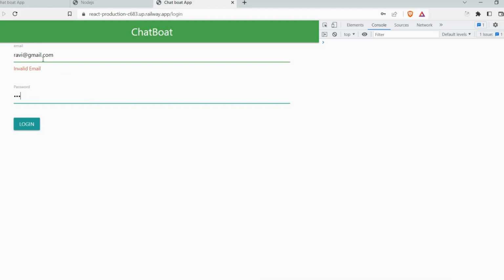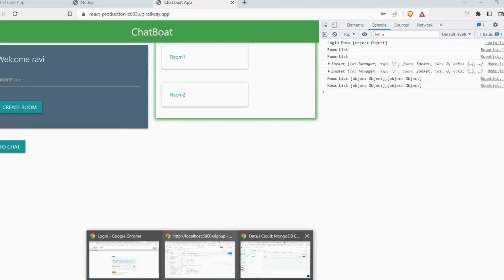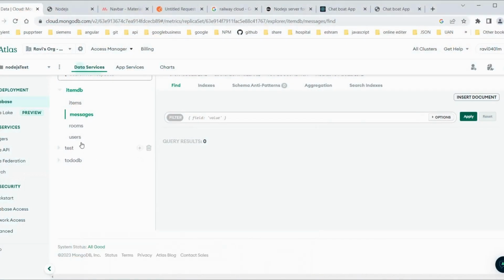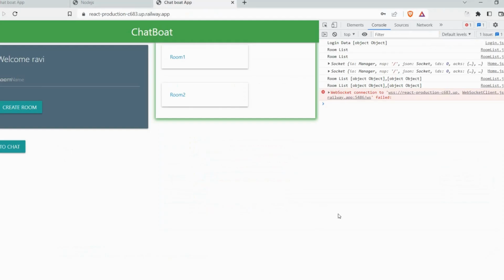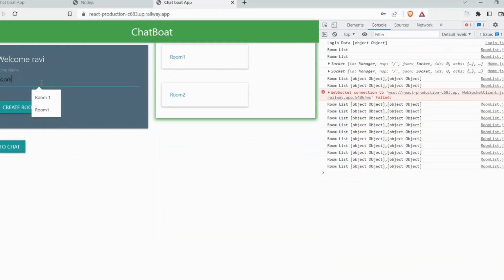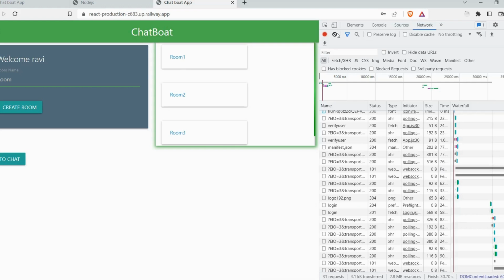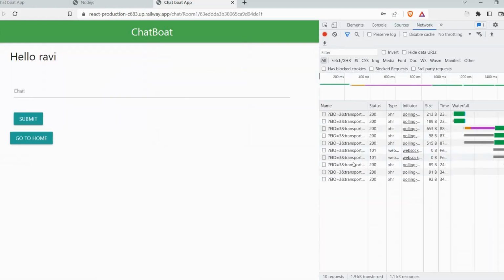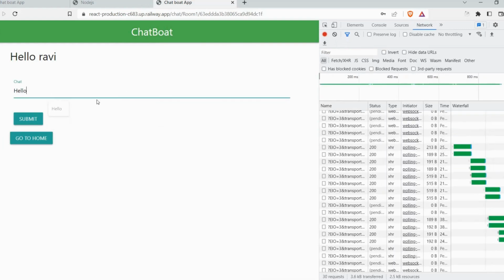Then password, add the password and login. So login done, and go to the rooms, room 1 and room 2, are they there or not, pulling from the database. Validate the rooms, yeah, there are two rooms, so create one more room, room 3, and create. Yeah, it is creating, there is no issue. Then go to the chat room. Let's go to the chat room. Yeah, chat room. Hello Ravi. Whoever logged in, it's showing here. And click on hello. So